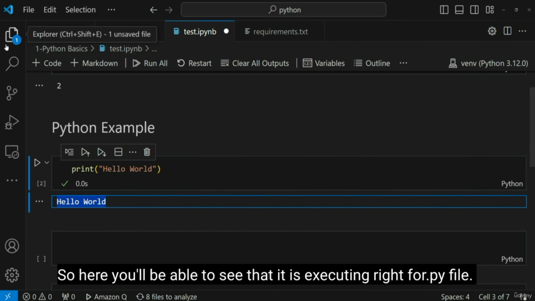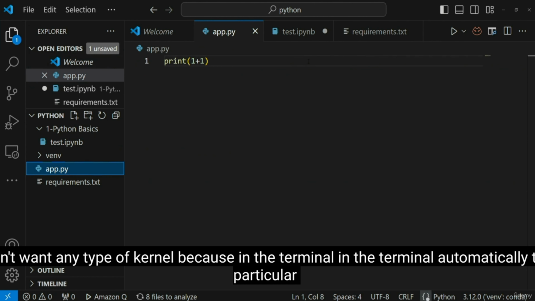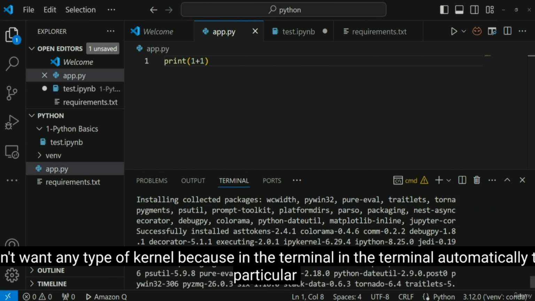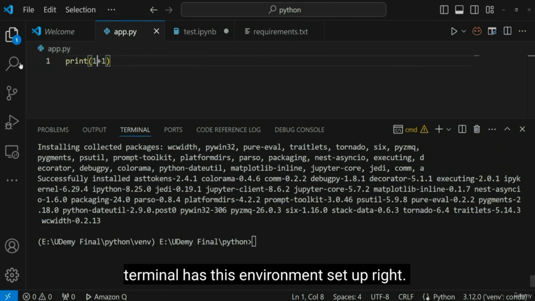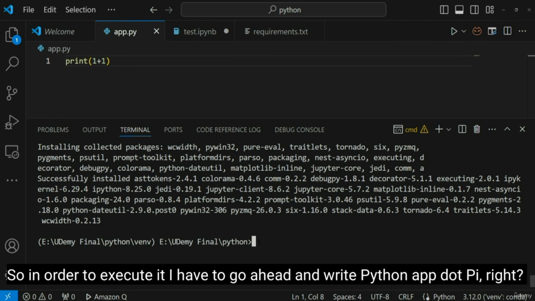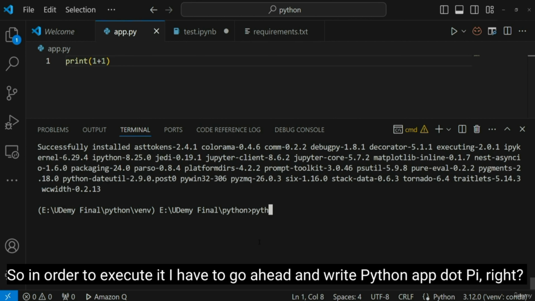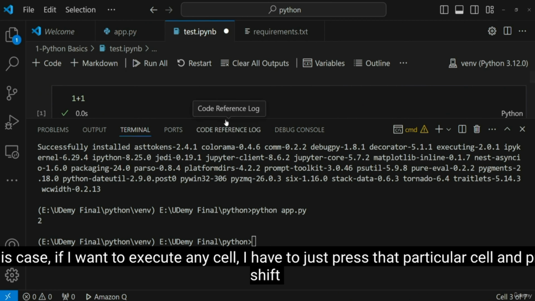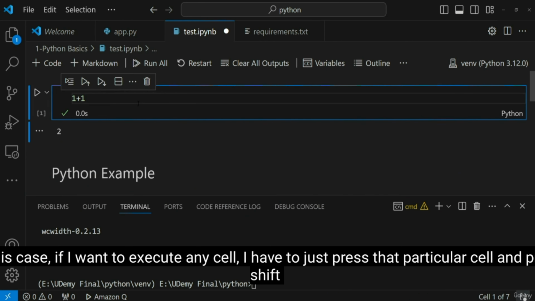For a .py file, I don't need any kind of kernel, because in the terminal that particular terminal automatically has this environment set up, right? So in order to execute it, I have to write python app.py, or whatever the file name is. In this case, if I want to execute any cell, I just have to select that particular cell and press